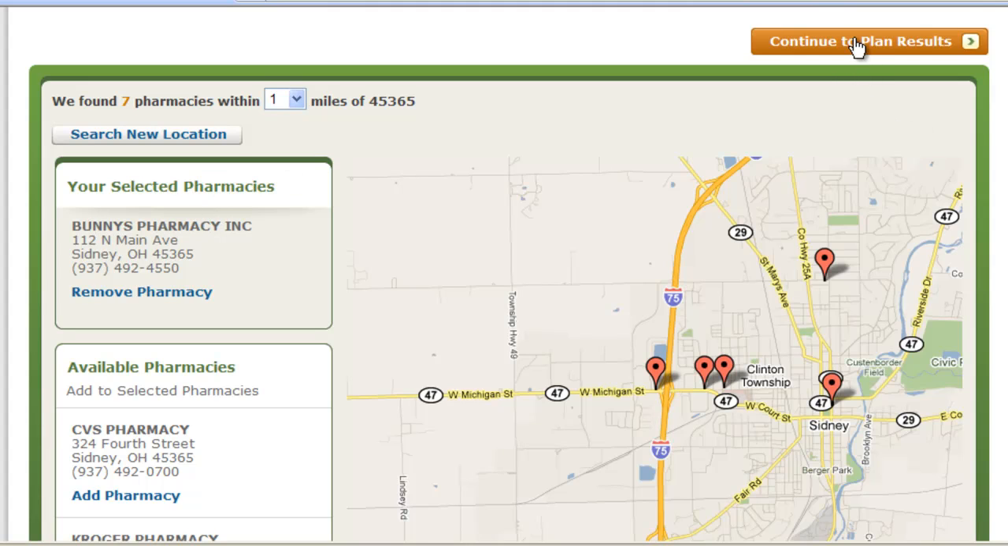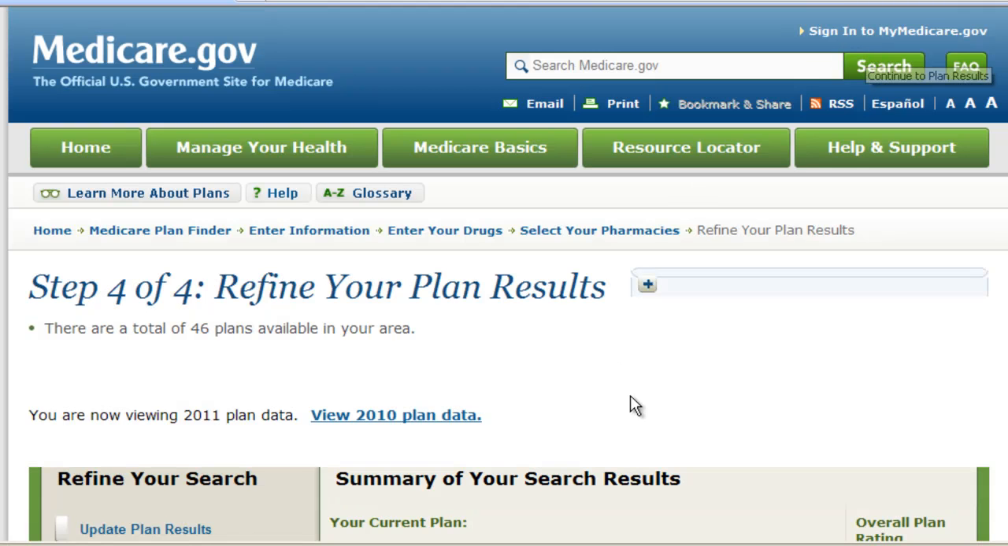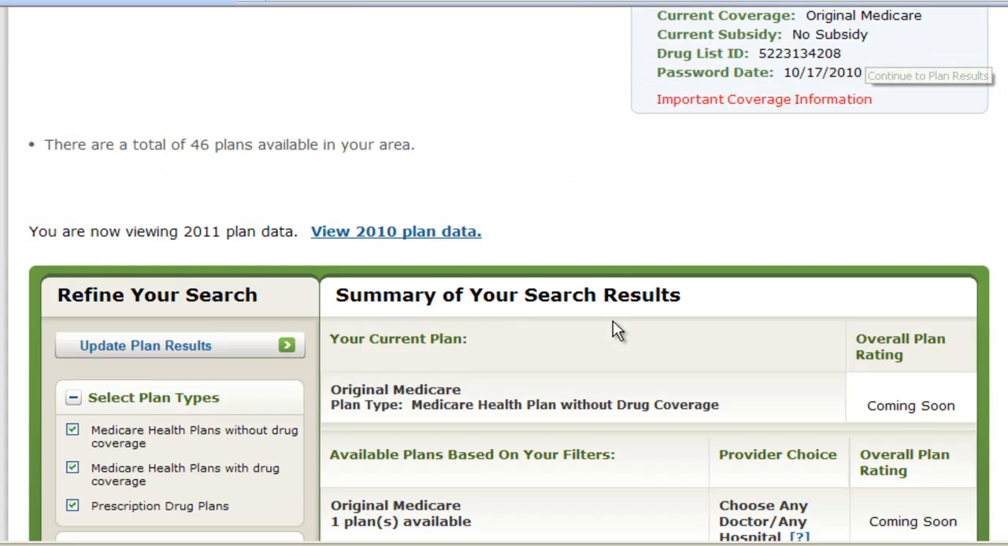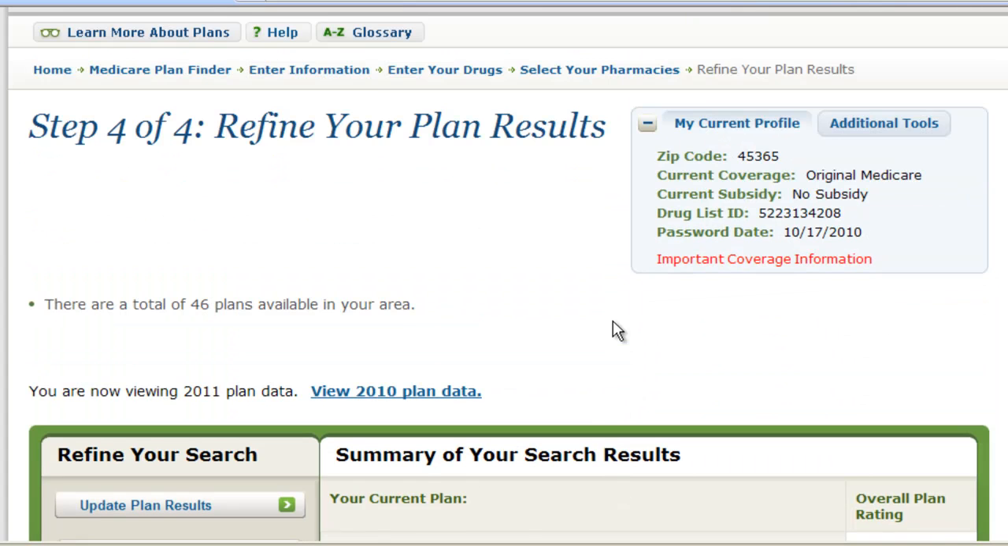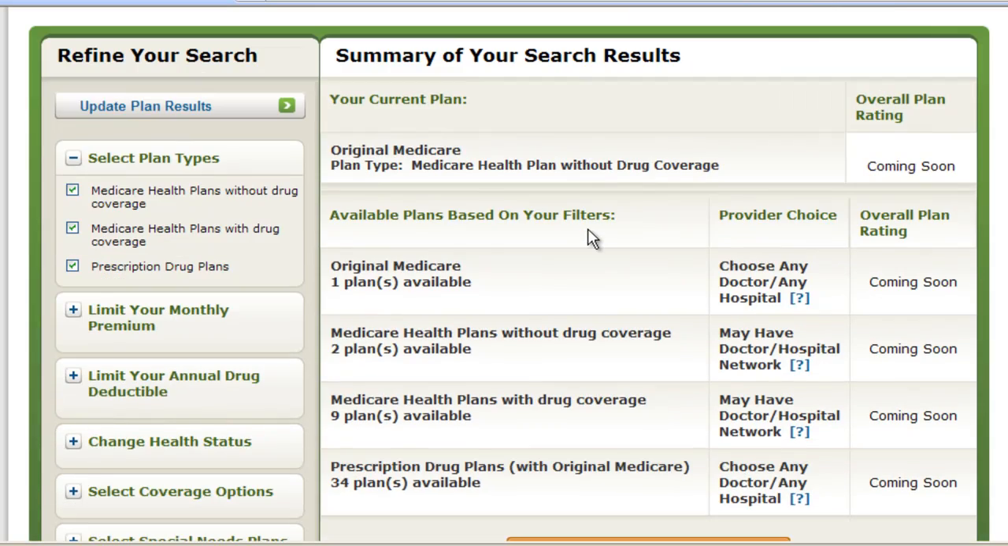So I'm going to go over here. Once I've selected my pharmacy, I'm going to go to the orange button that says Continue to Plan Results. Click there. And that's going to bring us to our summary page of the plans that are best for us. So if you scroll down, the first thing you're going to see